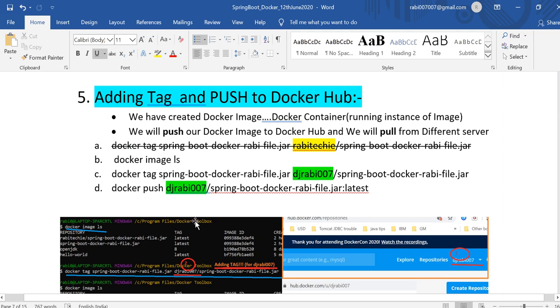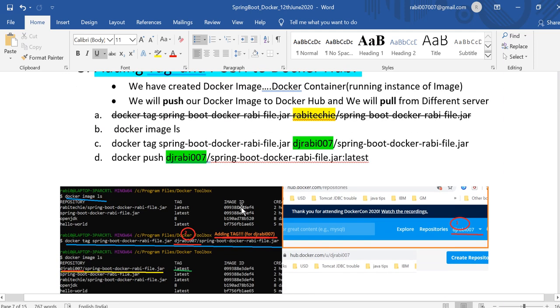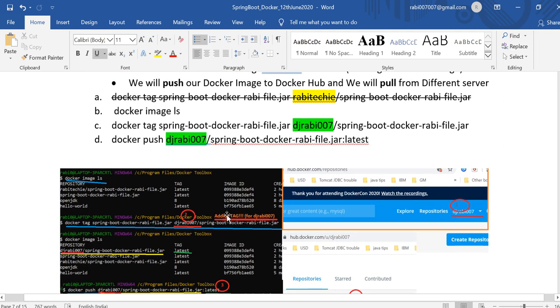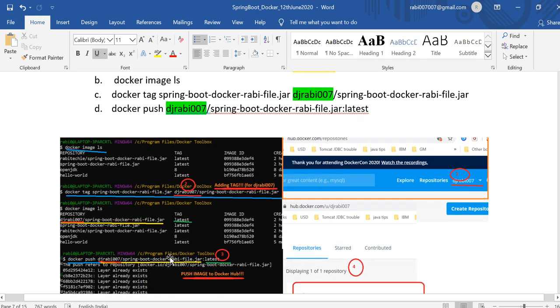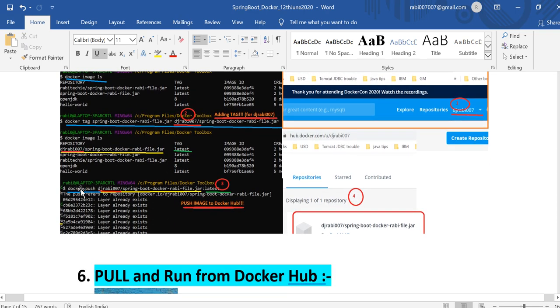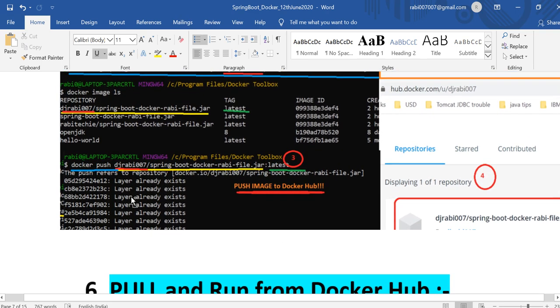So what I have done here is docker tag with the jar file, and give the user ID, and the tag is the jar file. It will create DJW007, that's the user ID, / the jar file. Now I'm going to push that one. I ran docker push with that ID, the jar file : latest as the tag.